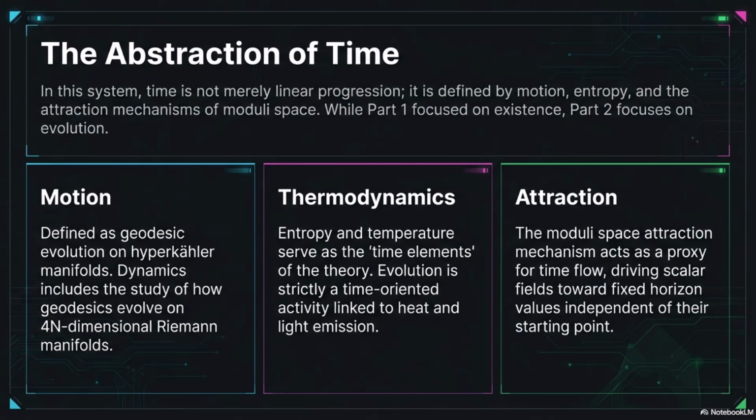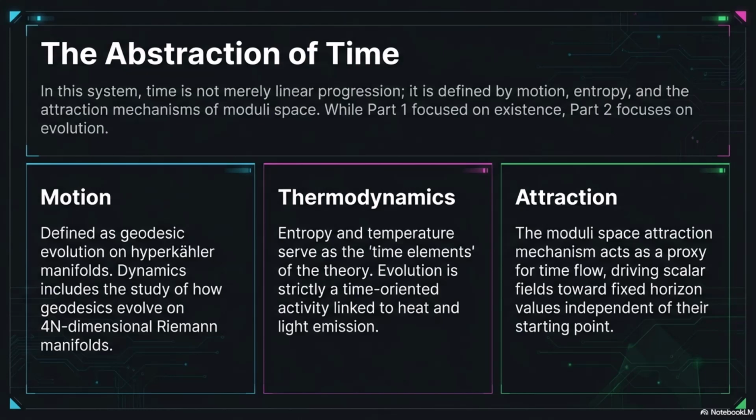The document mentions geodesic evolution. That sounds incredibly impressive, but let's break that down for everyone. What even is a geodesic? Right, a geodesic is just the most efficient path across a curved surface. So not a straight line. Not on a flat map, no. If you're flying from, say, New York to London, the geodesic isn't a straight line on that map. It's a curve over the globe. Here, the motion isn't a plane. It's the entire system evolving along the most efficient path through this incredibly complex, multi-dimensional shape they call a moduli